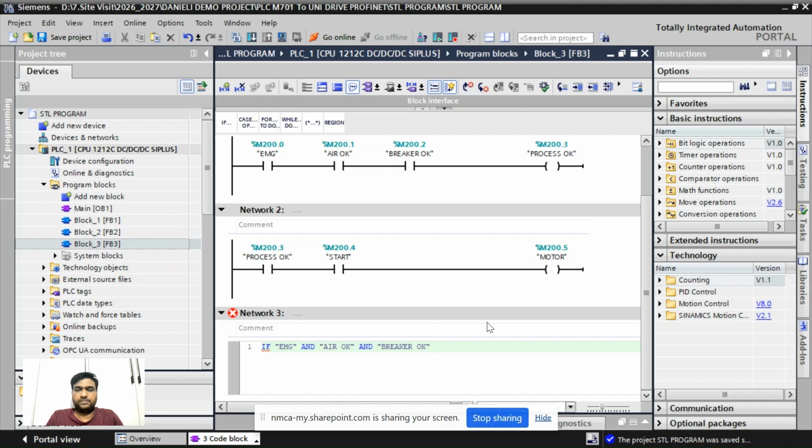Okay, then what? In this case we do not need to add this process. Okay, M200.3, we can directly use this condition, and then we can perform this condition. Actually these are not required, but in ladder logic it is required. Here what will happen? If this condition is okay, then if start is okay,